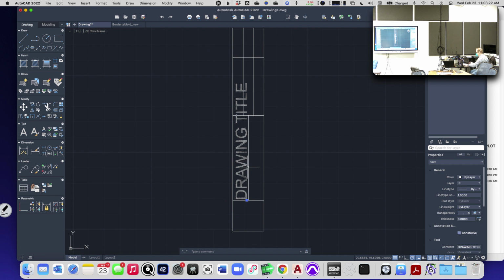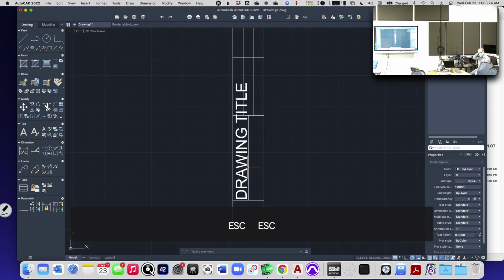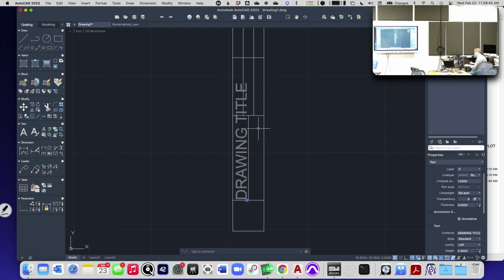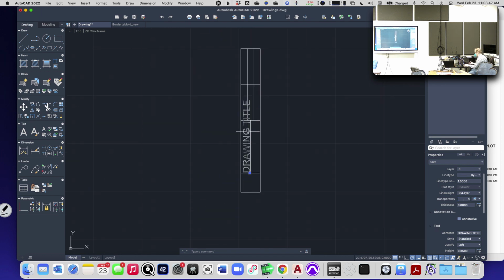Now, here's what's going to happen. I want to be able to use this title block over and over and over again. And I want to be able to just type in whatever the thing is. And this is where you're going to create little fields. Okay. Now, what you're going to want to do is, this is your text, right? But what you're really going to want to do is,